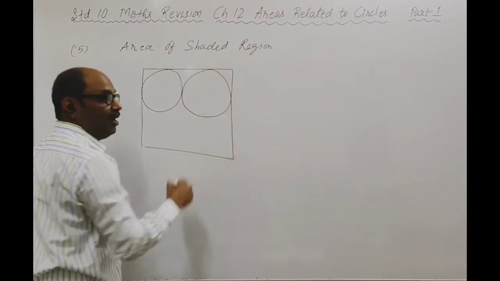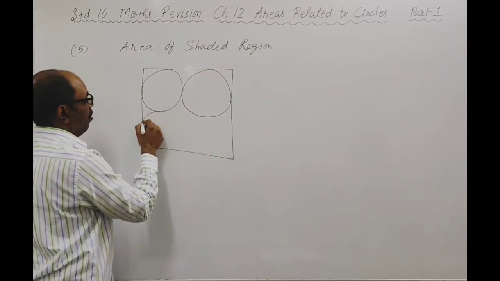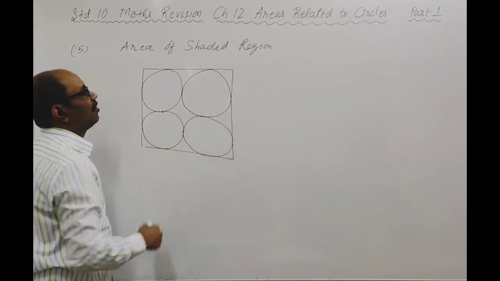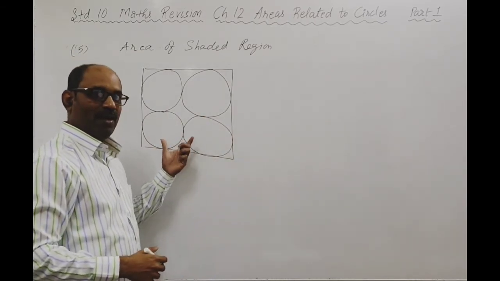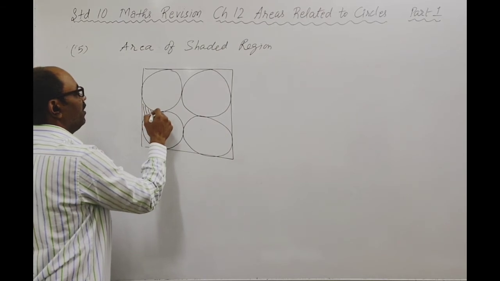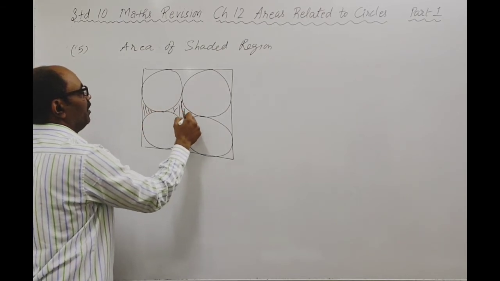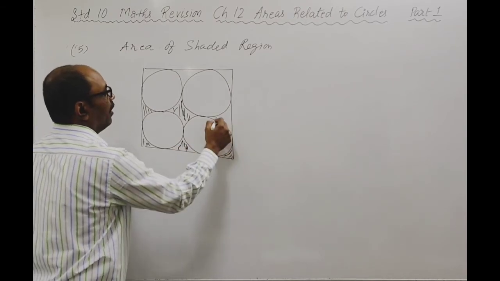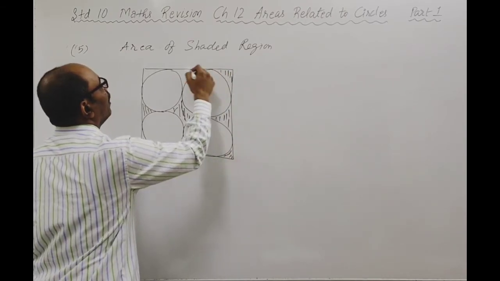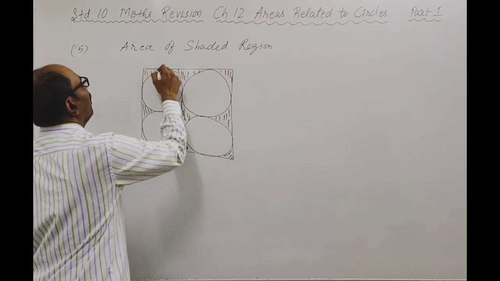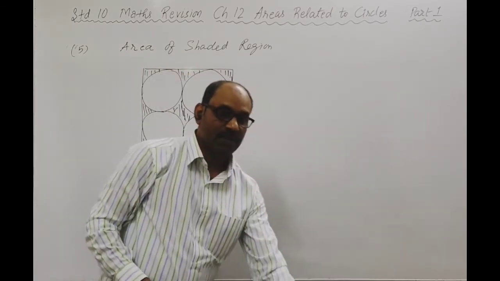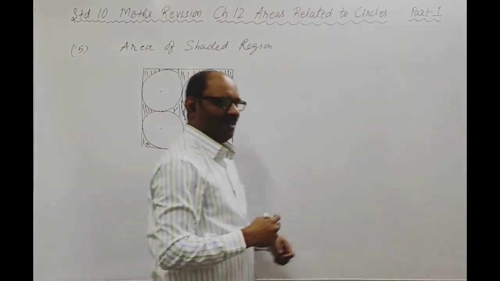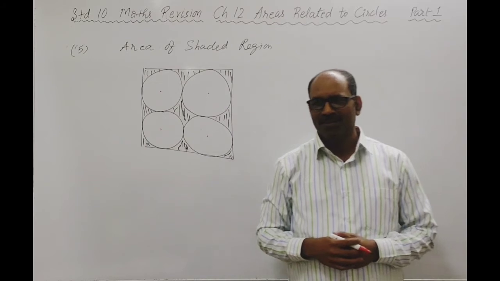Children, the circle may appear small or big, but they are all of same radii. Please consider them. They are not small or big. They are of equal radii. And you have to find the area of region between the circles in this square. Right? These are the centers of the circle. It is very easy. What is the area of shaded region?